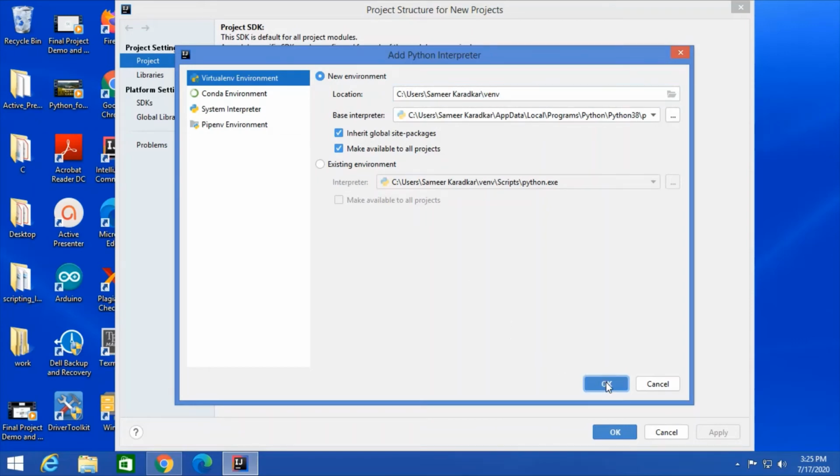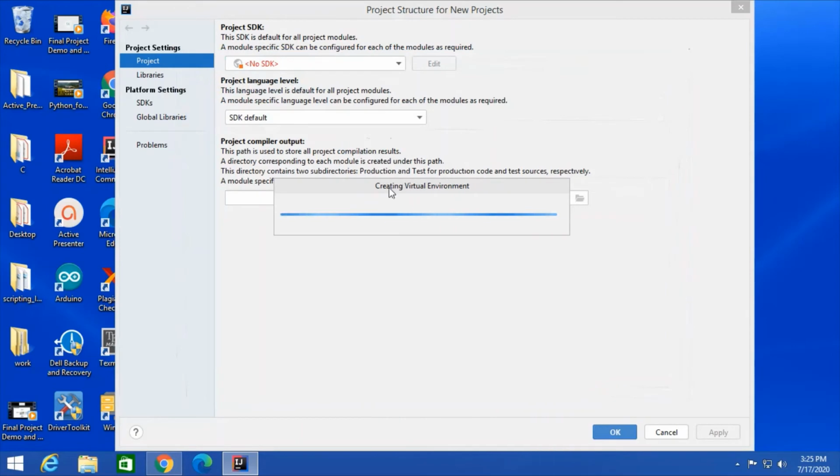Click on OK. As soon as we click on that OK, it has started creating a virtual environment for us. That virtual environment, as we have selected earlier, will use the base interpreter Python. The base of the virtual environment that we are creating right now will be Python 3.8.4, the latest version that we have downloaded. Accordingly the virtual environment is being created.